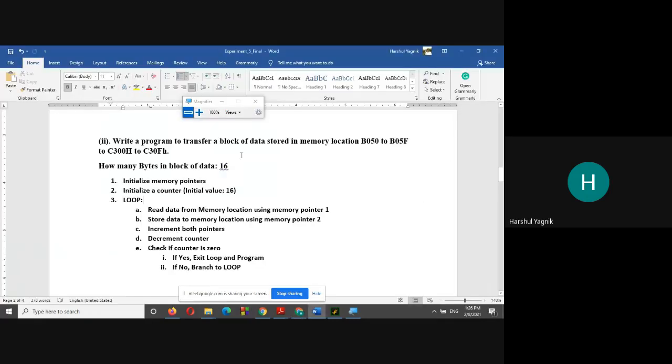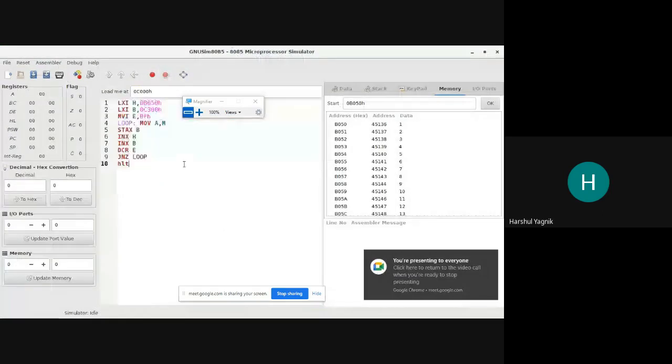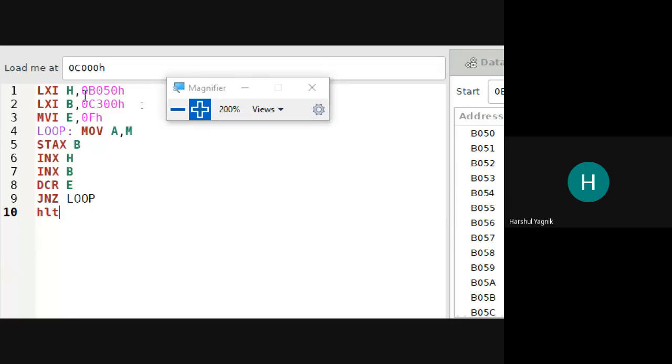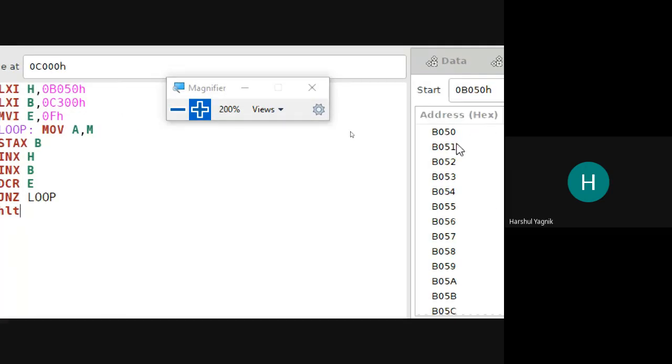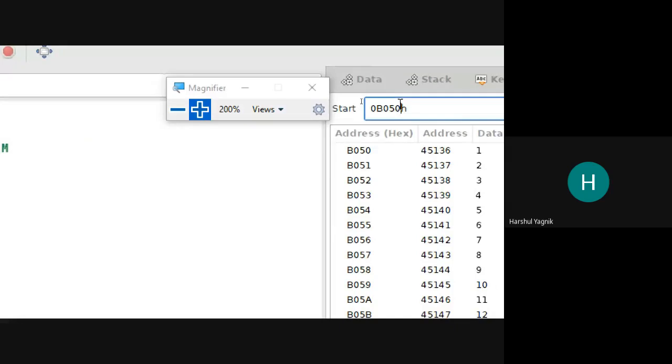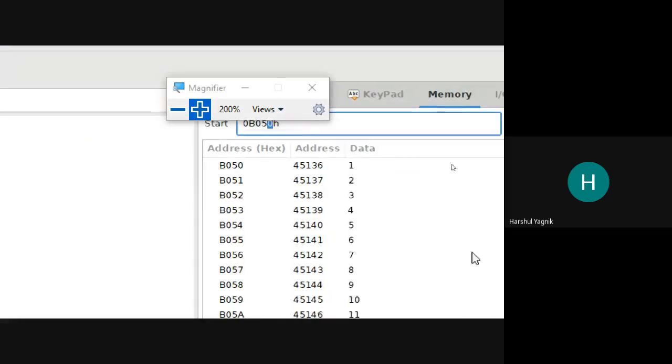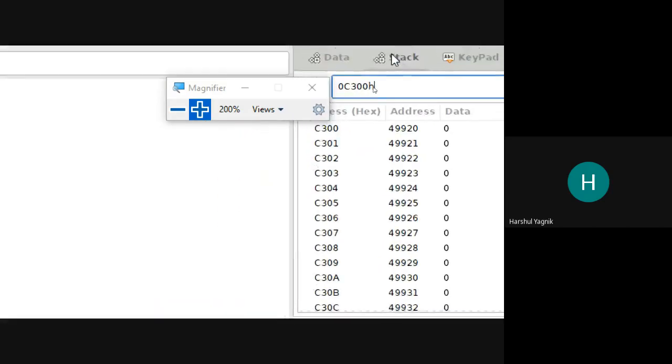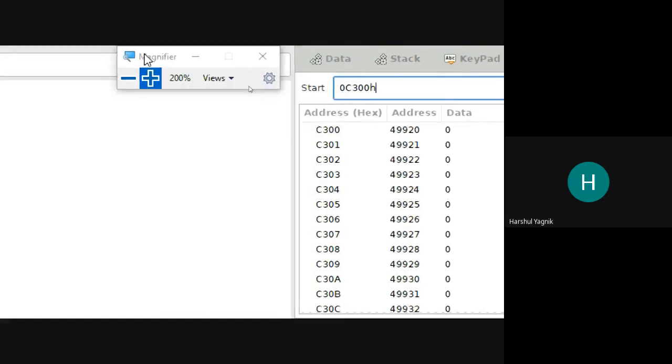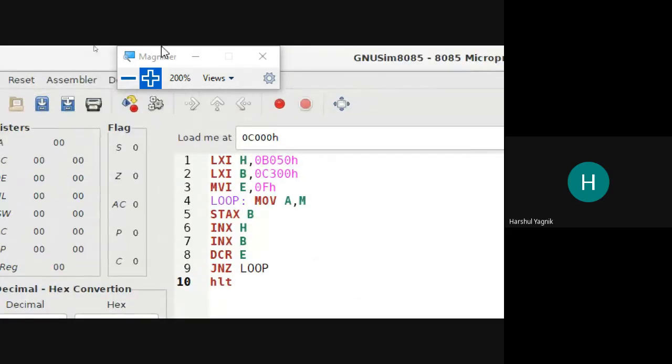Okay. So now let us observe this one by one, how the code is running. At the same time, we will also see this address, already content is written. This you remember, this is the content. Now we are going to see the location C300, where at present there is no data, but the data will be transferred one by one. So I'll start running the code.